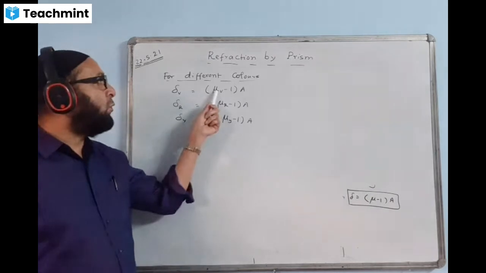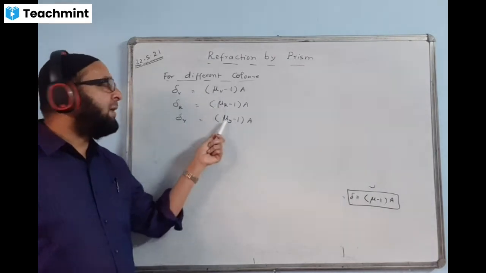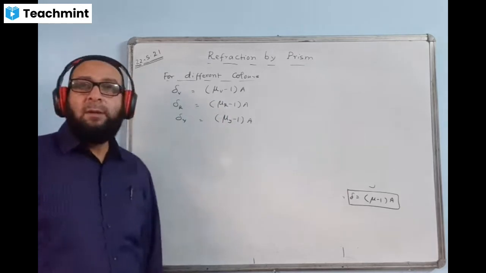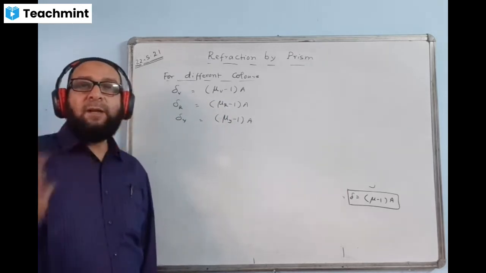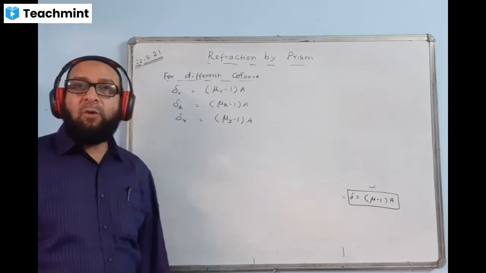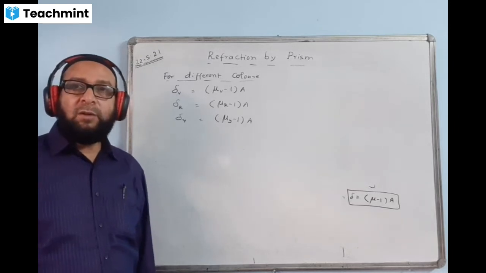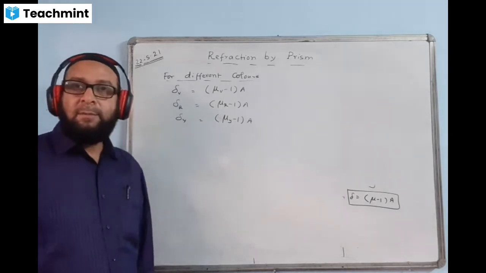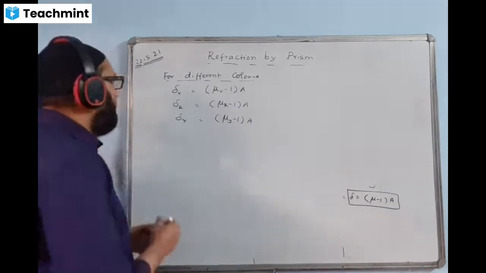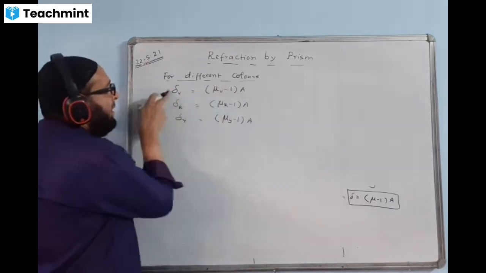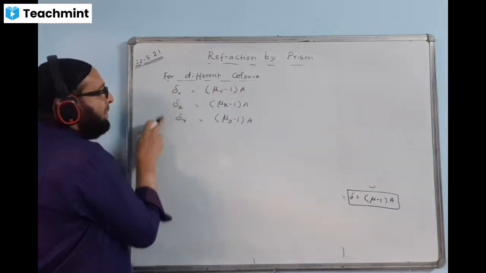If mu V is known, mu R is known, and mu Y is not known, we can find the average of mu V and mu R, and that will become the value of mu Y. That means mu Y we can write as mu V plus mu R by 2. Add the 2, divide by 2. We can find the simple average of the 2, mu V and mu R. So we have this formula. Now delta V is bigger than delta R, and delta Y will come somewhere in between.